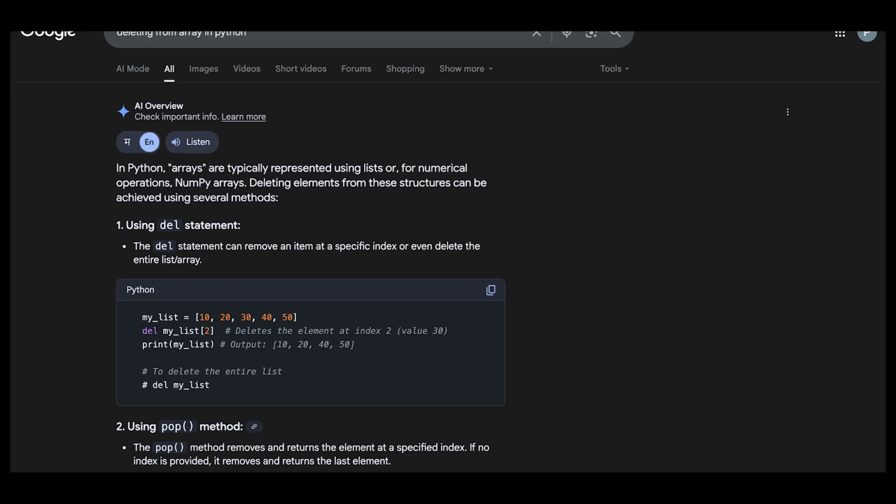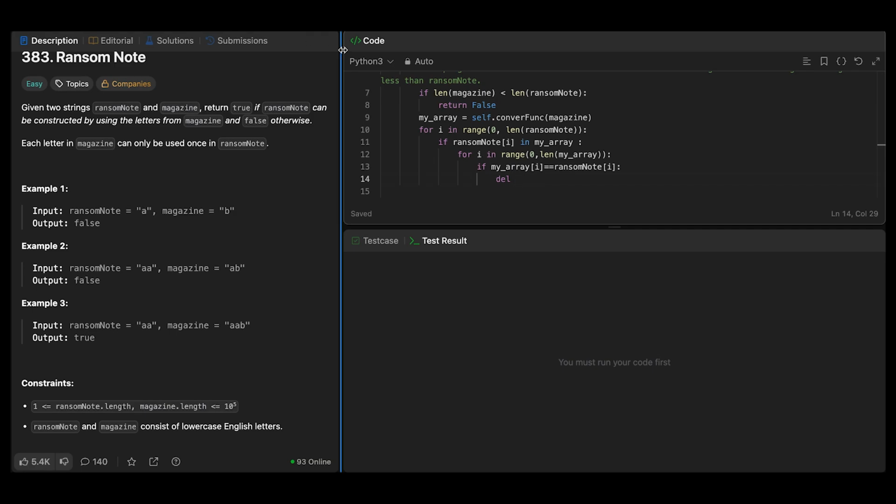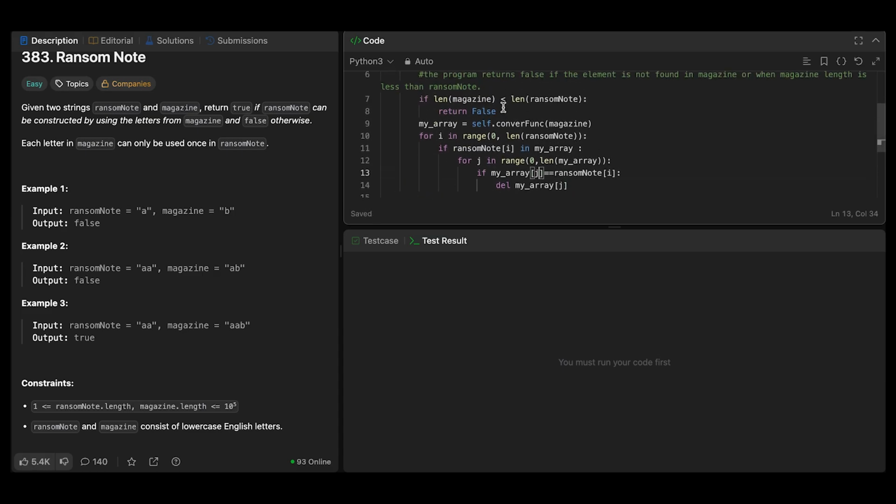this is the delete function. So we're going to delete my array, my underscore array dot the index which it's found. That should make sense. Let's just make it j over here, because again, we don't want to confuse local and global variables. Okay, so we removed it. Then we go ahead,